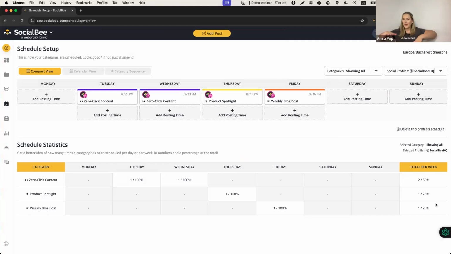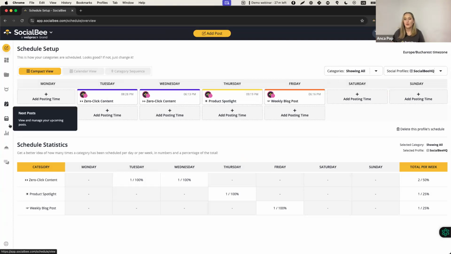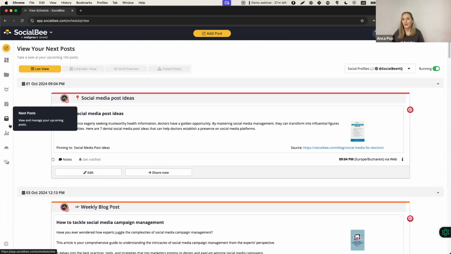Now it's a lot more balanced. It's a lot closer to my 80-20 approach. Now, once you have it all set here, you can move into the next posts menu, and this is where